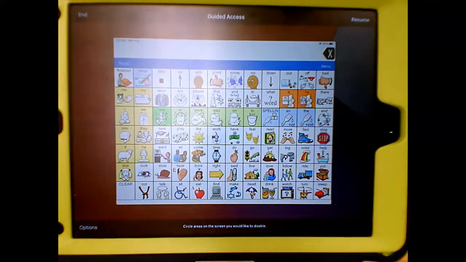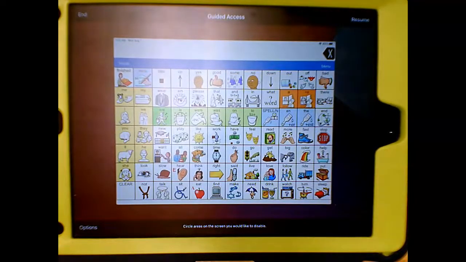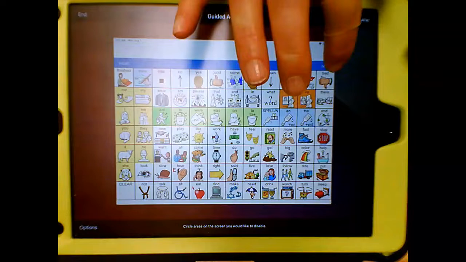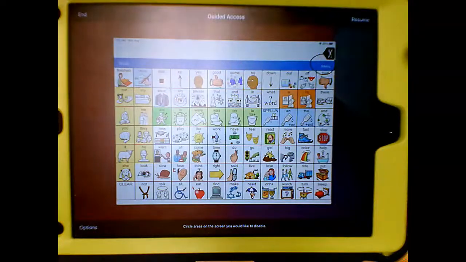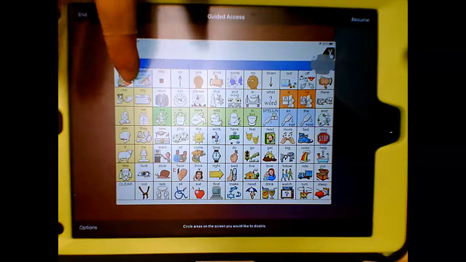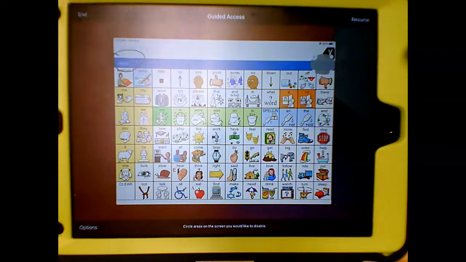And you can use this on other apps. I do want to just point out that sometimes even with the guided access on, some of your students will want to get into like the menu, or they'll want to get in, change the vocabulary. You can block anything on the screen you want simply by drawing a little circle around it with your finger, and it will gray out that section. So I can just draw a little circle around the buttons that I don't want them to have access to. And when we hit resume,